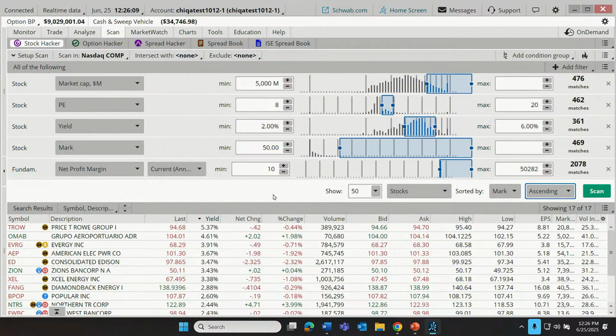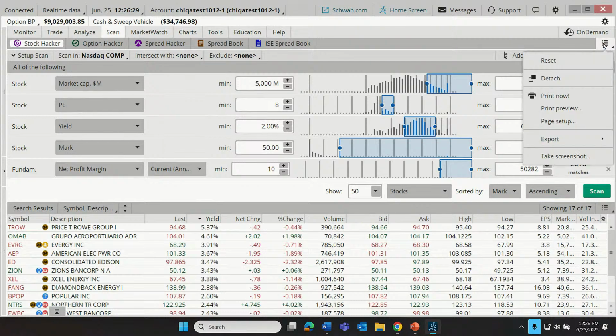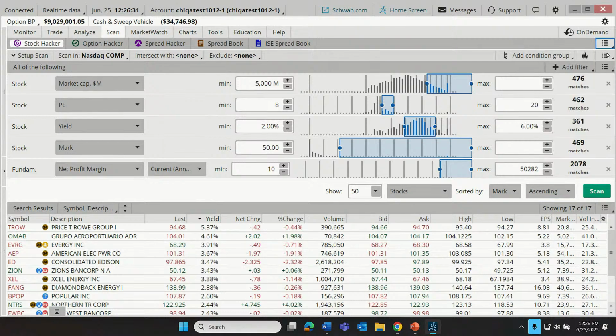Pretty nifty. So now we're all set. Our trader could pick a stock right there, off the races, or maybe what they'd like to do is preserve this scan so they can come back and revisit it anytime at a click. Here's what we might do if we want that. Right up here in this menu, up here under where it says on demand, I'm going to click on that. And oh, pardon me, I'm one just below that. We're going to save the scan query.